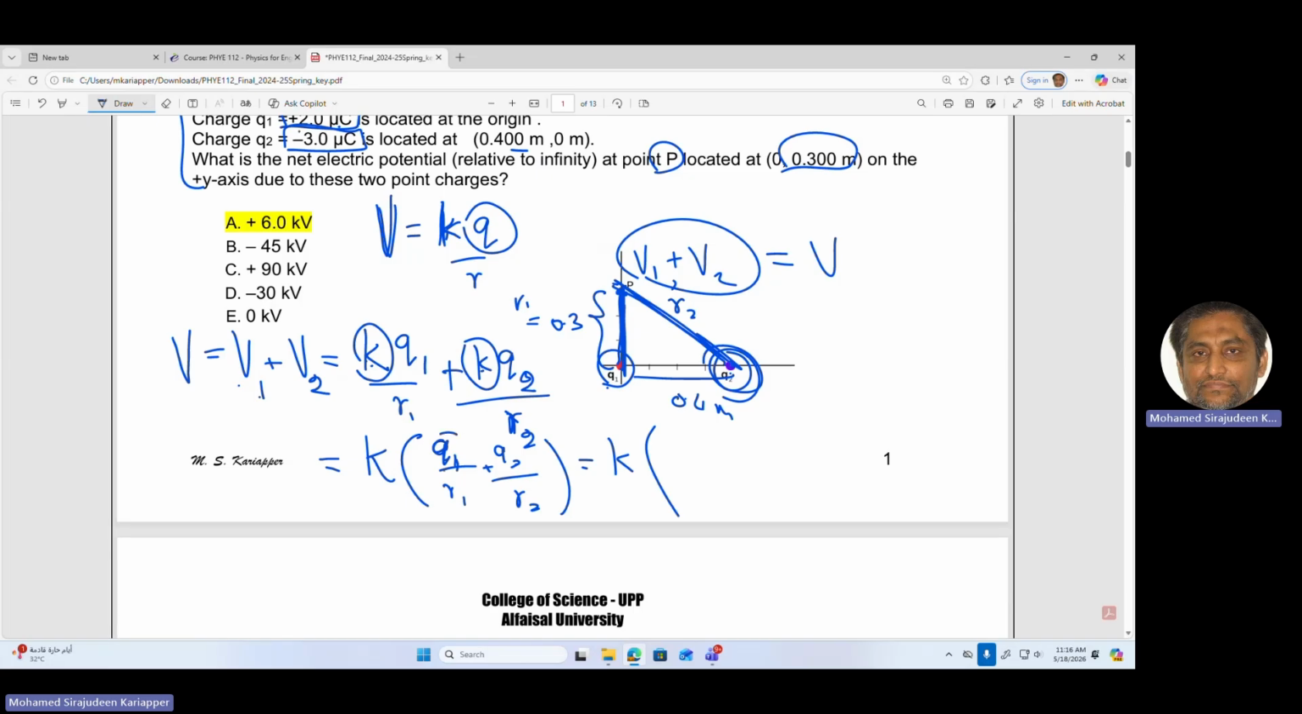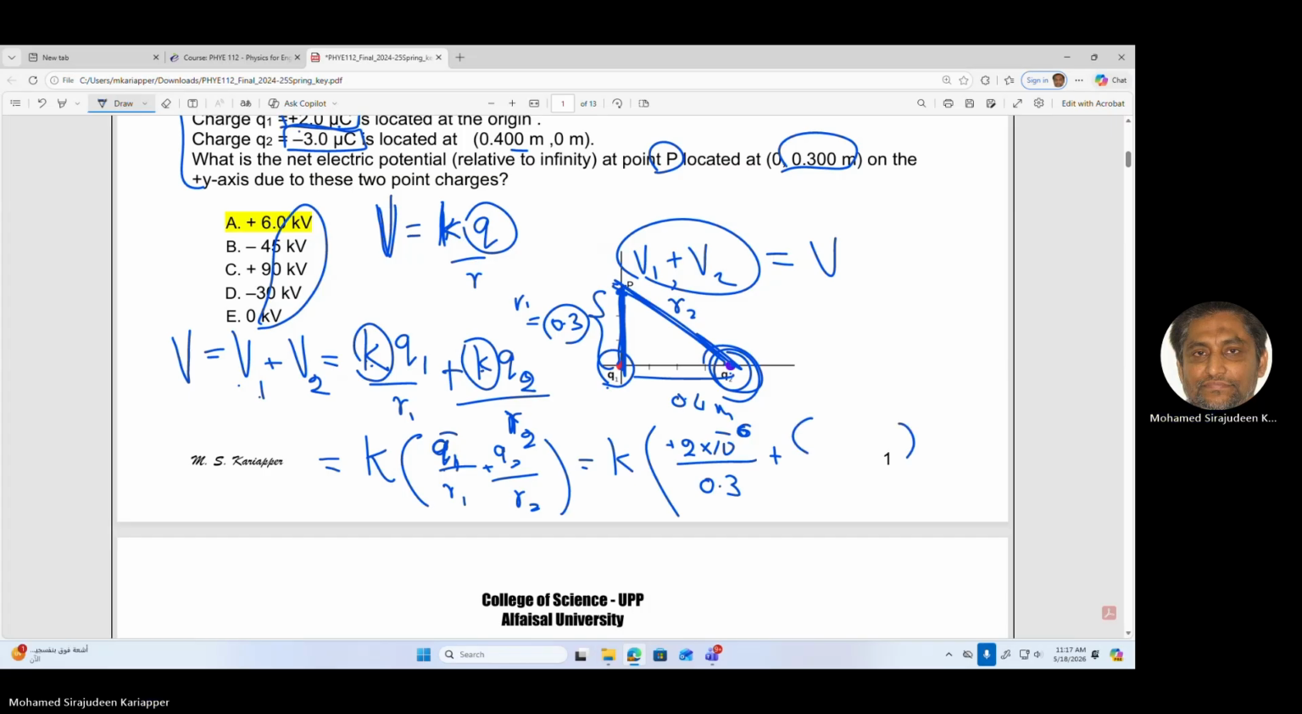Q1 is +2, but it is in microcoulomb. The answers are in kilovolt, but we don't want to mix up things. So let us put everything in SI units, get the answer in volts, then we can later convert it into kilovolts. So micro means 10⁻⁶. R1 is 0.3 meters,